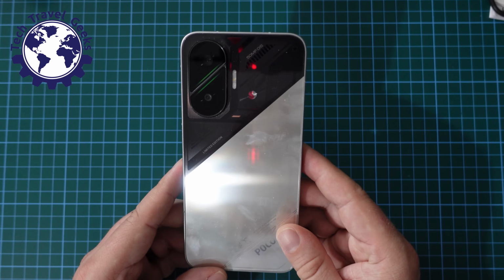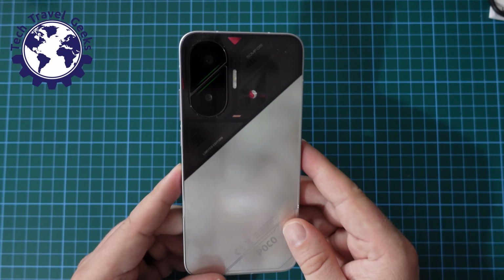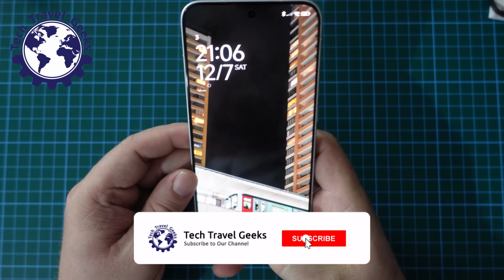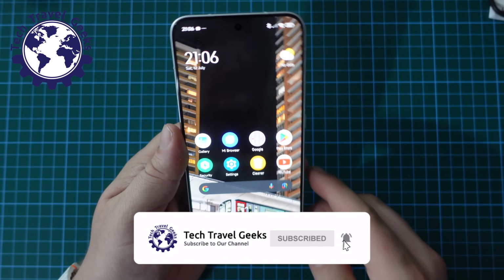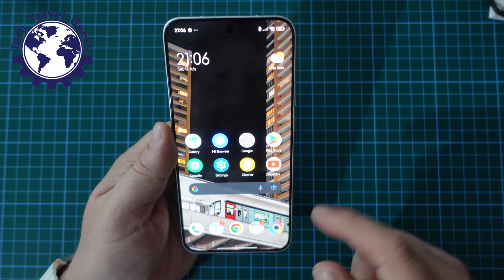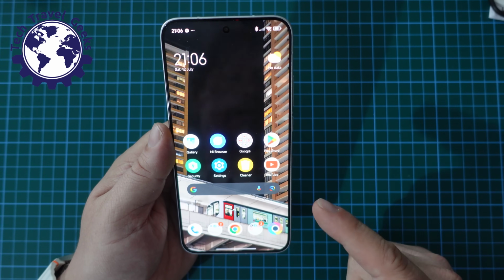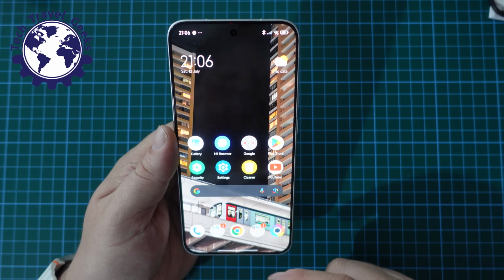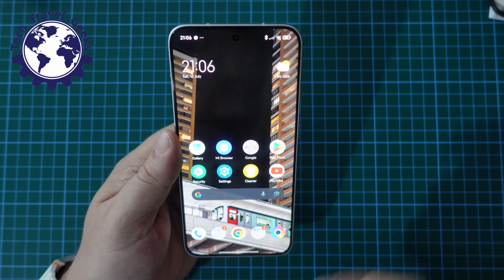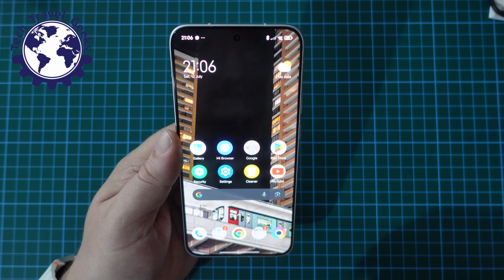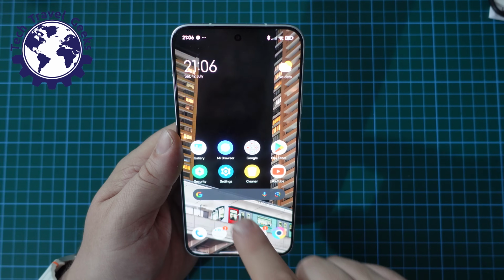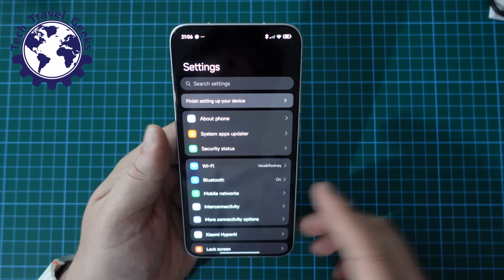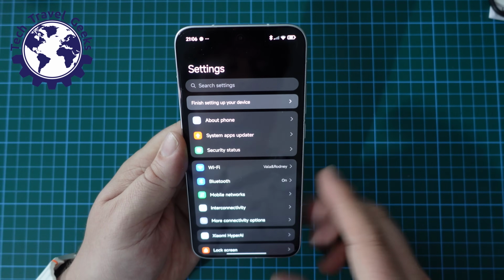how to turn data roaming off or on the Poco F7. I've been really enjoying using the Poco F7 so far, and as I work on my full-time review I'll be doing a few tutorials on how to do stuff. And one of the most frequently asked questions on the Tech Travel Geeks YouTube channel is how to switch data roaming off or on. This is a way you can save money by limiting what networks your phone connects to